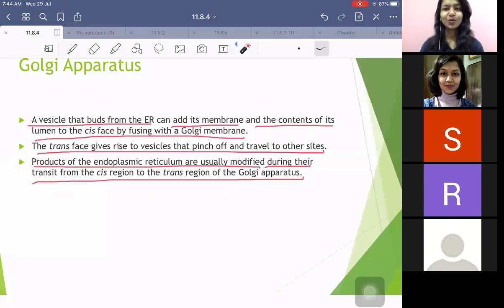Yes or no? What would happen if there was no Golgi apparatus in the cell? It is there in the book, right? You just relate it to function. If it is not there, packaging will not be done, transportation will not be done, modification will not be done, sorting will not be done, glycosylation will not be done, lysosomes and vacuoles will not be formed. So many things. And that is how, slowly, your cell will not be functioning and the cell will die, right?